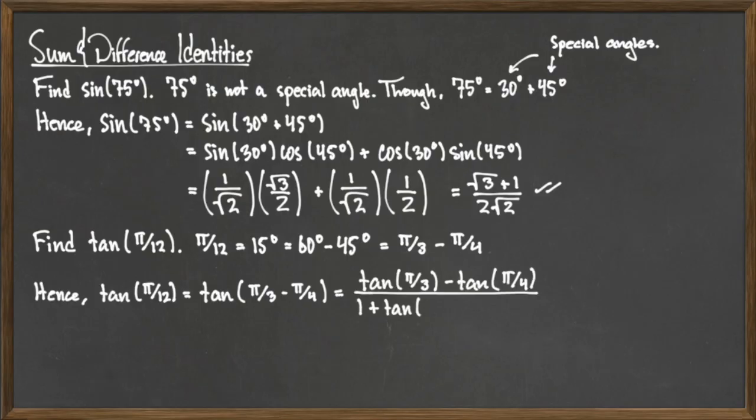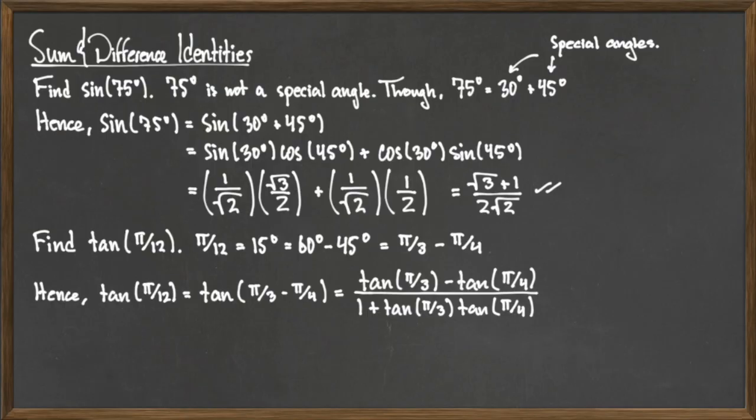And then we're going to put in our corresponding trigonometric value for this difference. This will give us tan of pi over 3 minus tan of pi over 4 divided by 1 plus tan of pi over 3 times tan of pi over 4. Of course, pi over 3 and pi over 4 are special angles, so we can start plugging in the corresponding